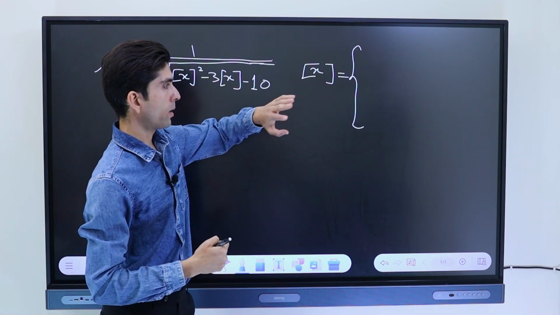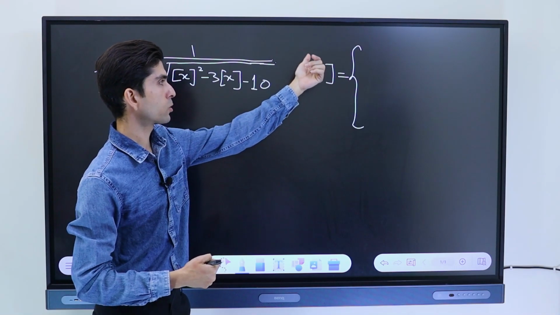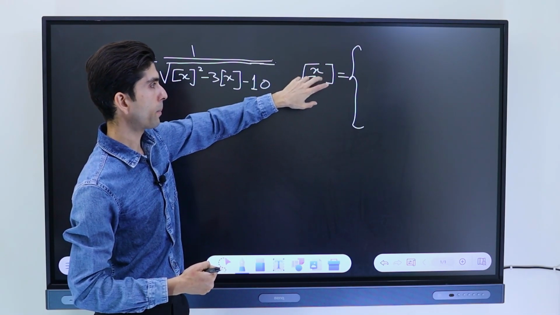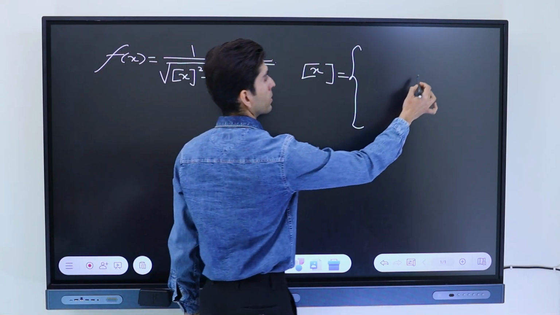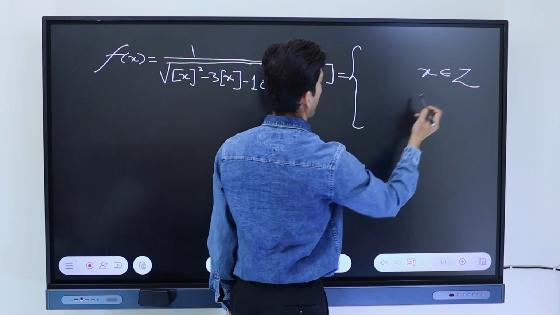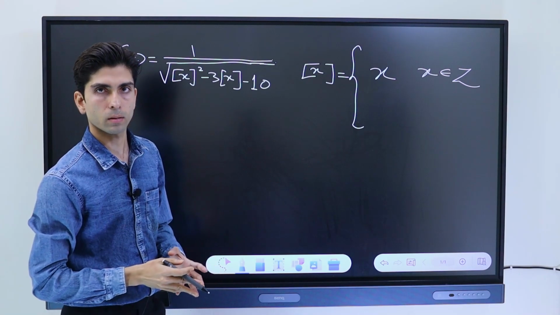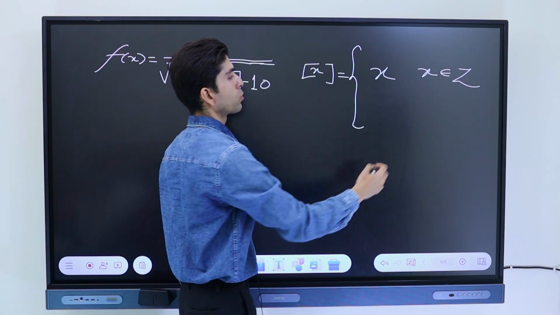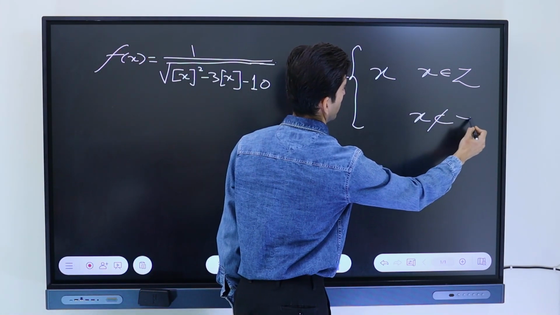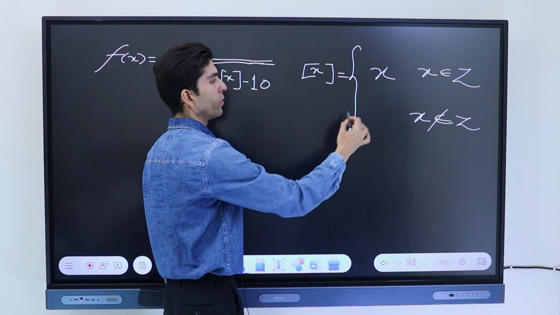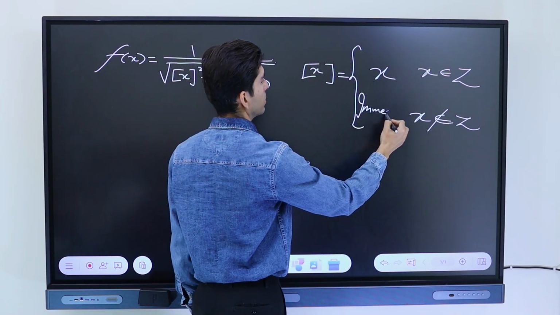If the quantity inside the square bracket, here it happens to be x, is an integer, then it will come outside the square bracket as it is. What if x is not an integer? Then in this situation, we get the immediate integer